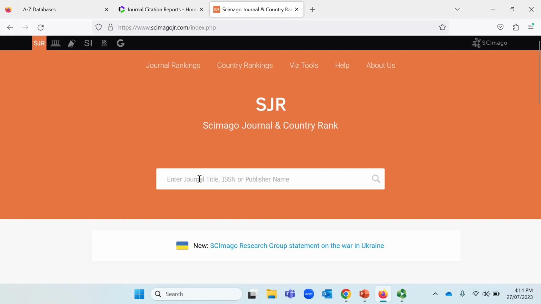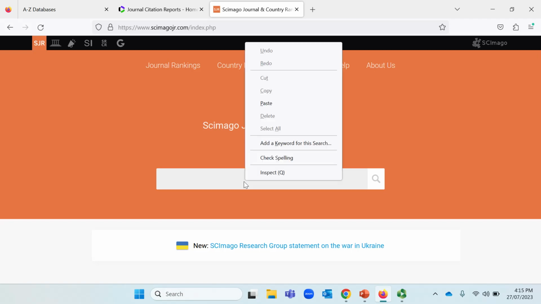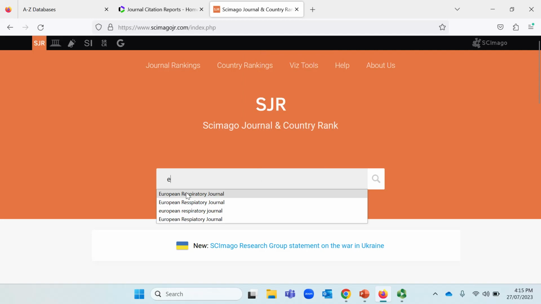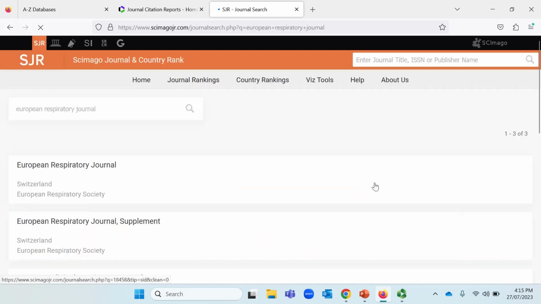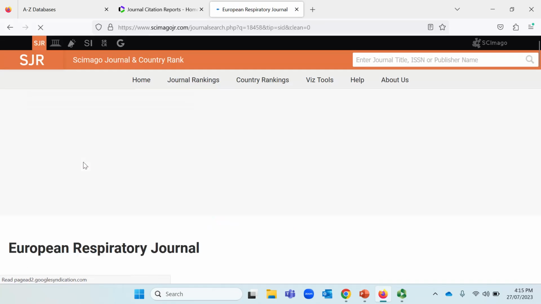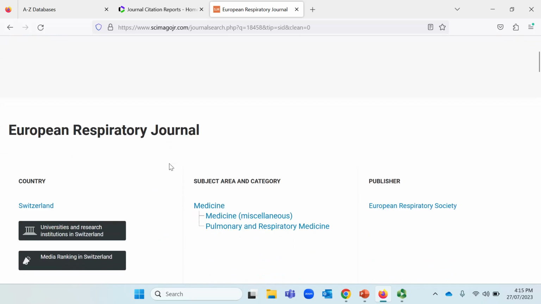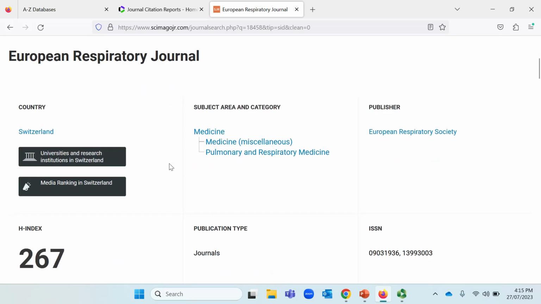So in the search bar, again, you will see that we can search via the title, the ISSN, or the publisher. We will use the same journal, European Respiratory Journal, and search. And we click the title from the results list. In the top area, again, we will see details around the journal, the subject and categories that it's indexed within,